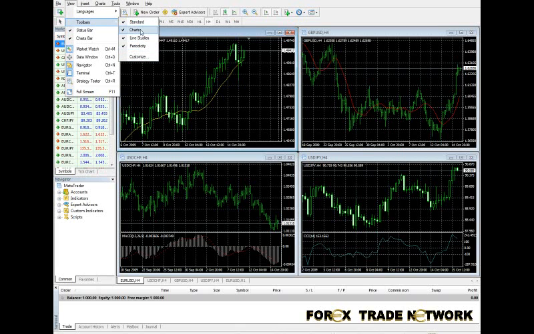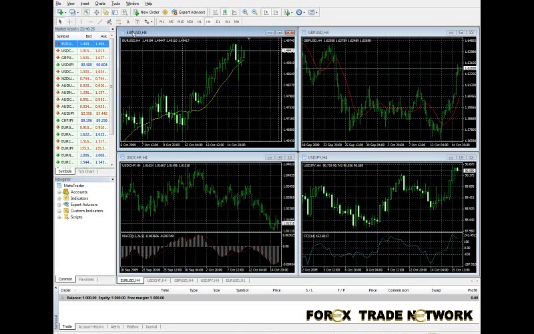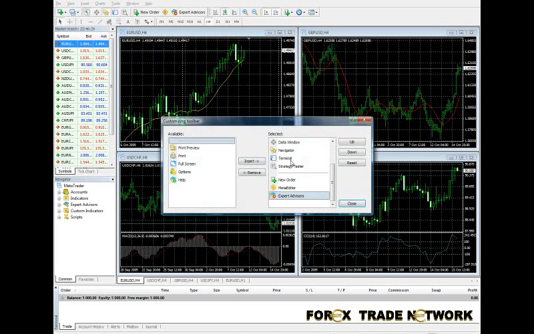Line studies, charts. You'll see the charts toolbar disappears. Activate the charts toolbar. And let's roll back down here to customize. In customize, you have an opportunity to change some things here. And this is set up for your standard toolbar here. If you wanted print preview, you could either insert that or you could remove it. New order, you can see here, you remove the new order